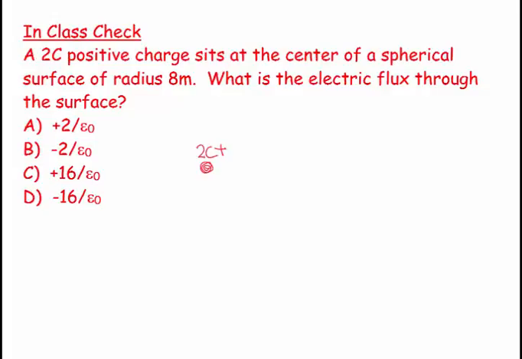And then I'm going to draw a spherically symmetrical Gaussian surface. So this is a sphere that has its center exactly where the 2 coulomb charge is, and it's 8 meters away, so let's just draw that as 8 meters. And it's asking for the electric flux, which is, if you like, a measure of the number of electric field arrows